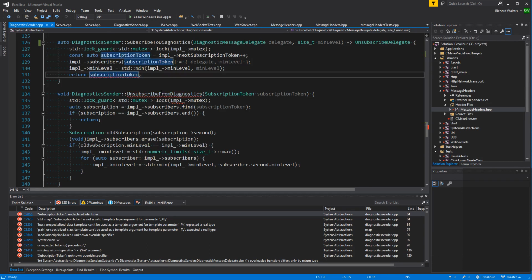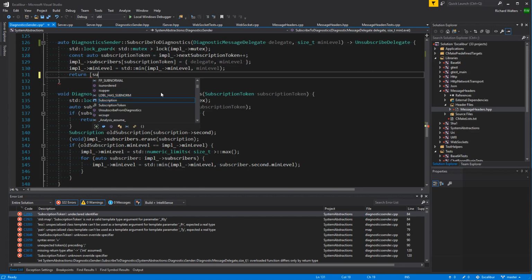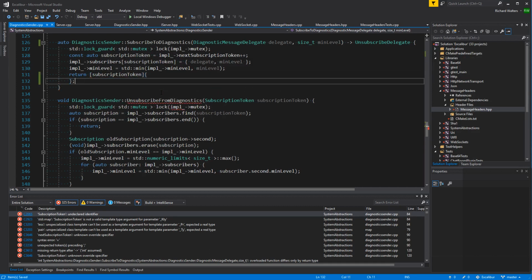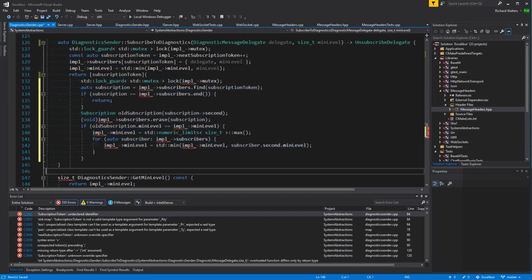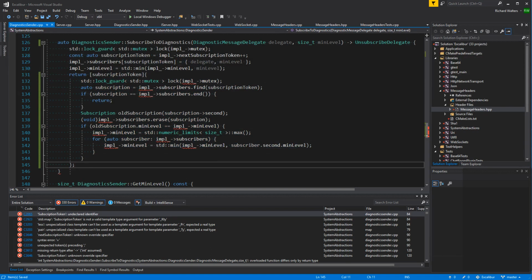We are going to return a delegate that captures this token, which does this code here. All right, we guess we need to capture this as well.